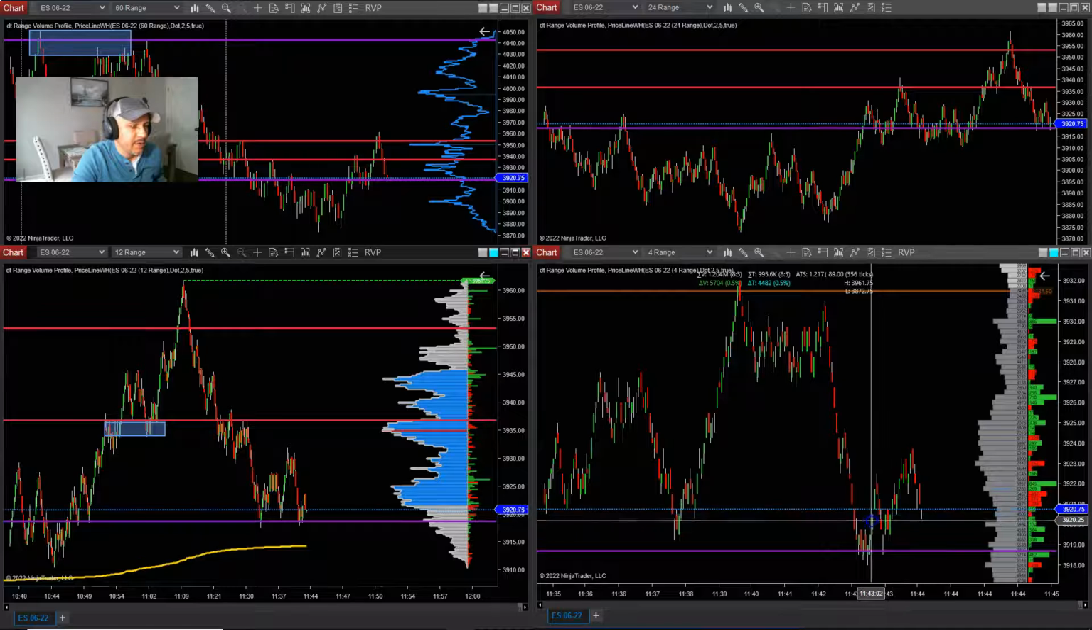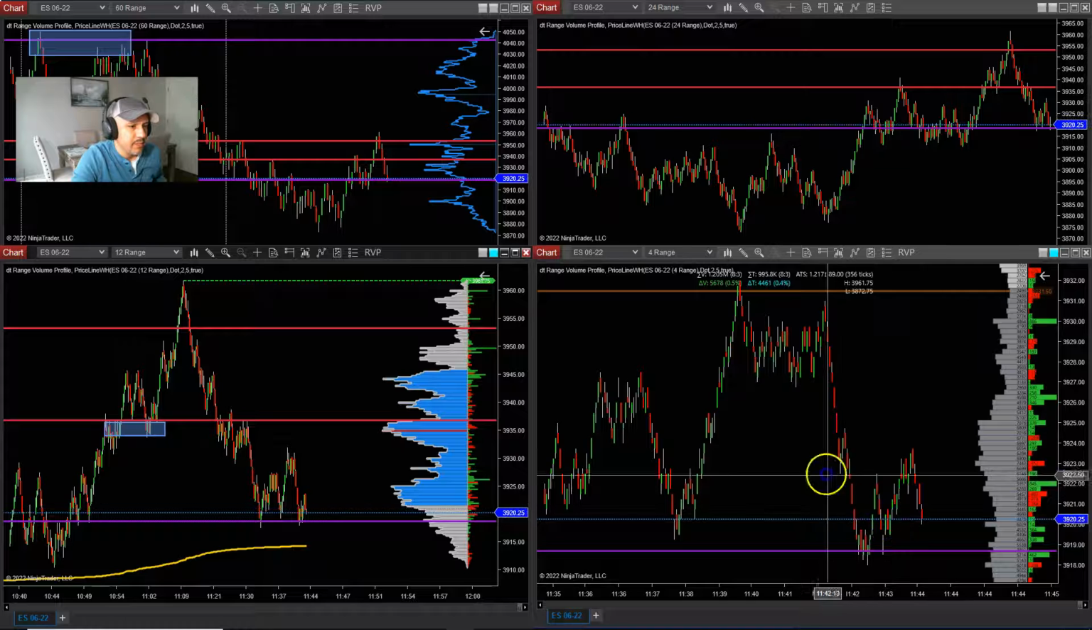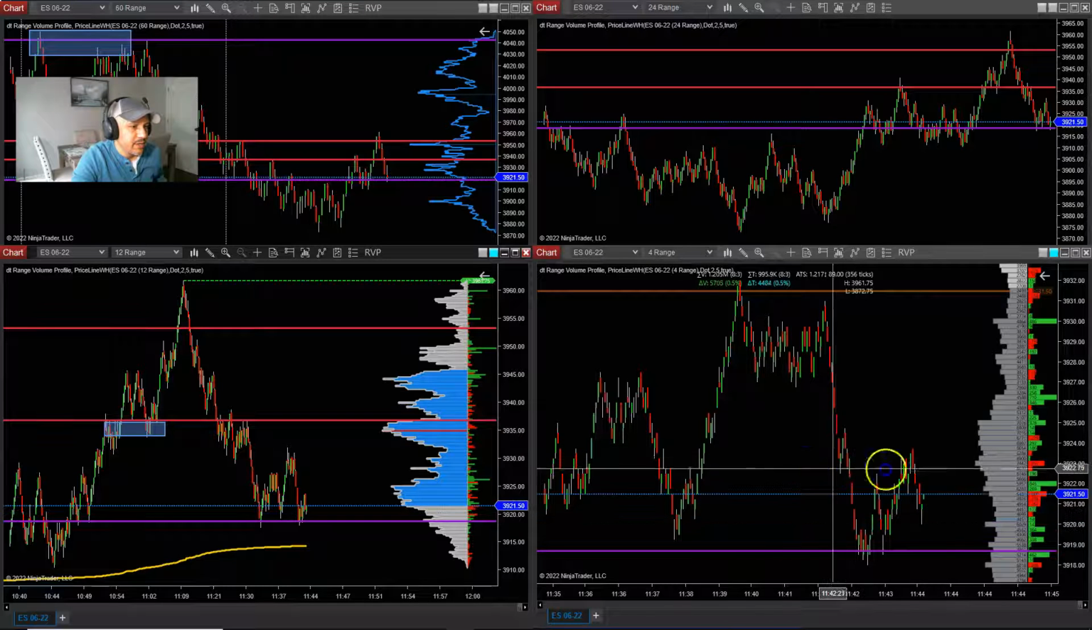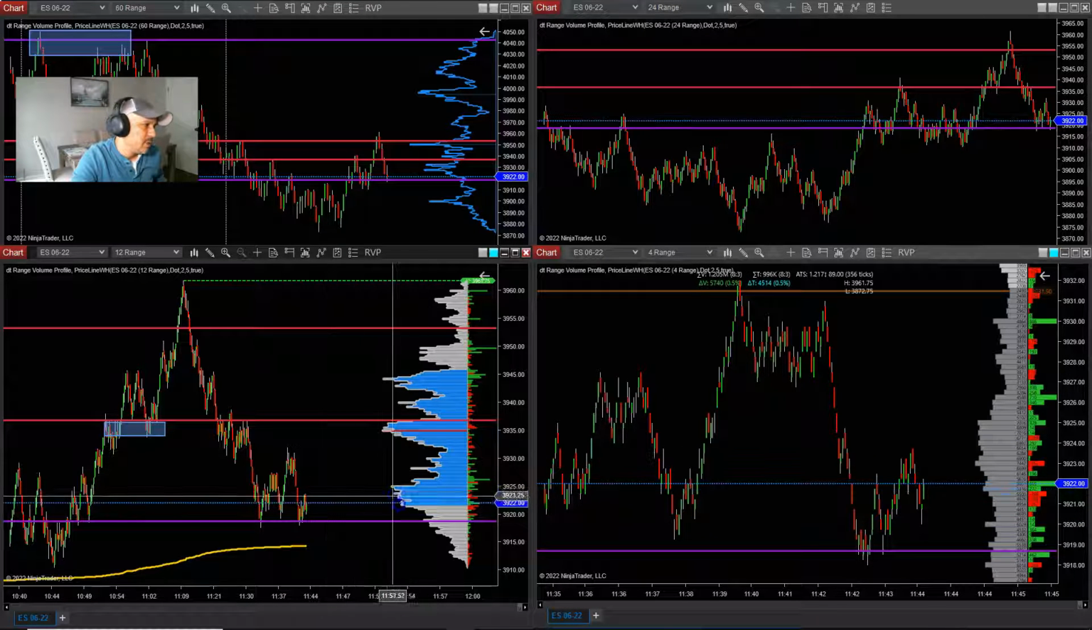This was a long right here. Could have went long right here, just back up to this area right here. Price will trace, take it long again, back up to this area right here. But be careful in this area right here. Got a high volume area here. You can see the high volume area here on the